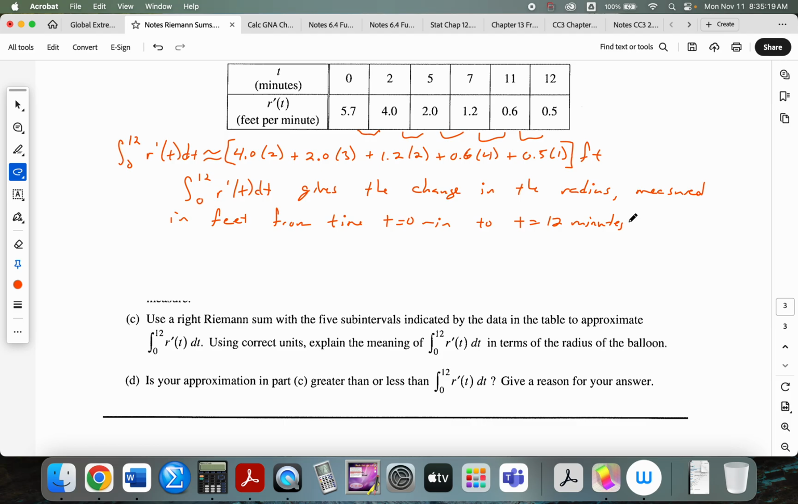And then it asks in part D, is your approximation in part C greater than or less than the true value? Well, what that symbol does is it actually gives the true value. We'll talk about how all that works in this next unit. Well, this function certainly looks like the rate of change is always decreasing, right? How do we know for sure that it is? Well, since R is concave down, that was given information,